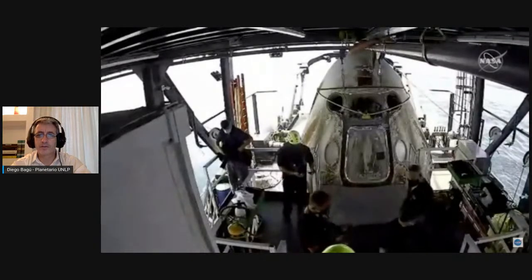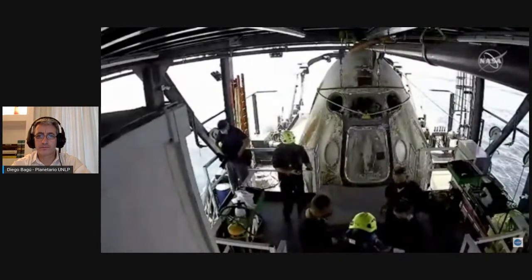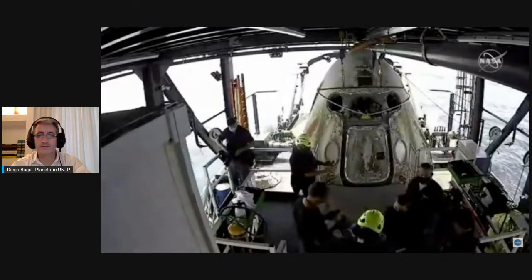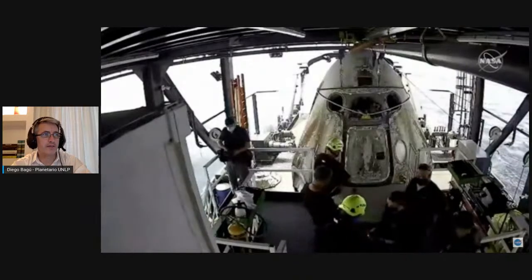And so, again, they're just pausing the operations for a moment, doing some additional air sampling around the prop system. Andrea está ansiosa, pregunta si la van a abrir ya. Sí, ahora. En unos segundos la van a abrir. We still have